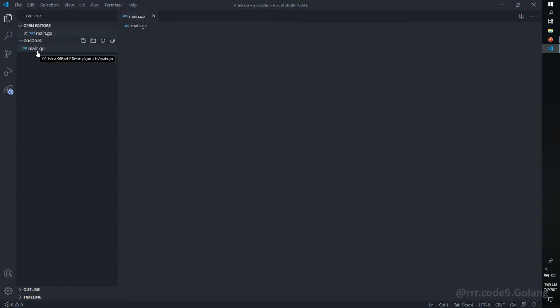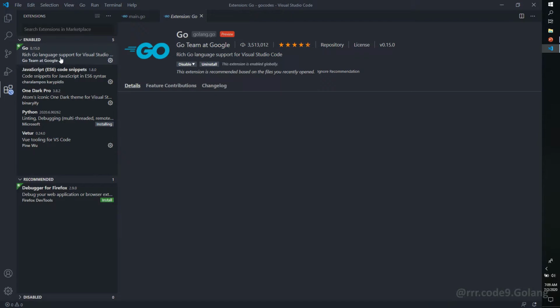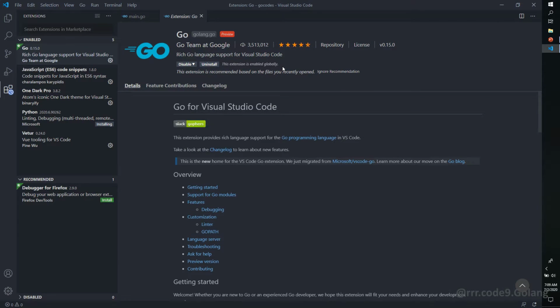In case you are using VS Code and for the first time you have created this .go file, then you will get a suggestion to install a plugin. That plugin I will show you. It is already installed on my PC. Here it is, the Go plugin, you can see, and this helps you find mistakes in syntax and also gives you suggestions while you are typing code. So go ahead and install this plugin.